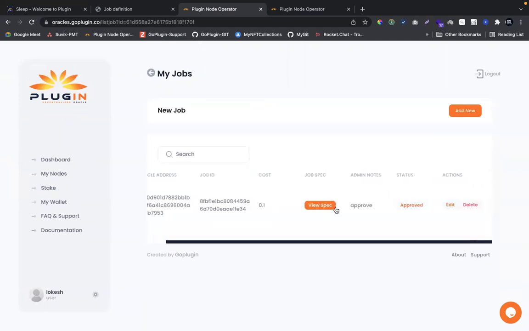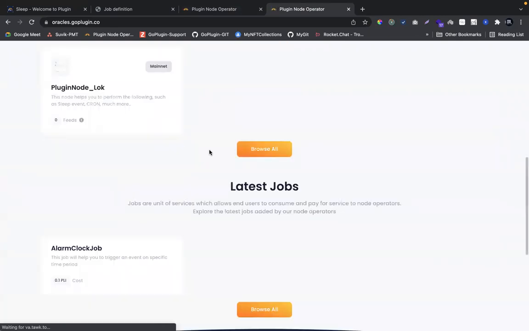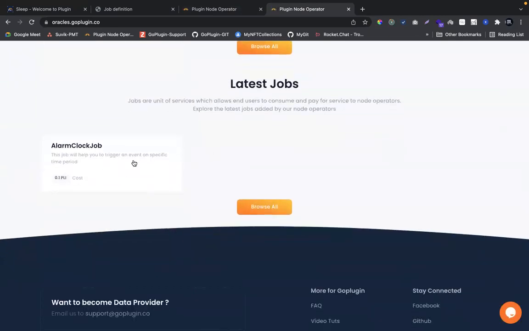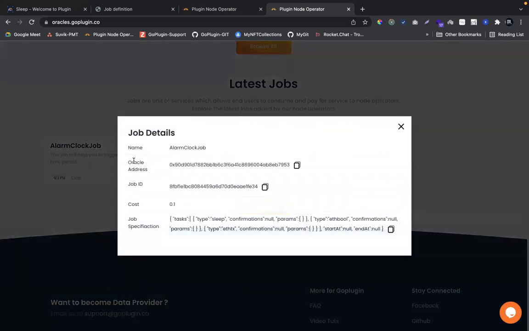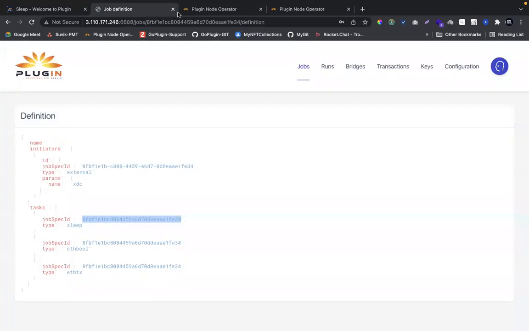So now the job is approved. You can also view the spec from here, but let's see how it looks in the platform. If you refresh it, you should be able to see the alarm clock job. It is submitted by the node operator and it is visible to all the users, right? This is a simple sample, and that's how it works.